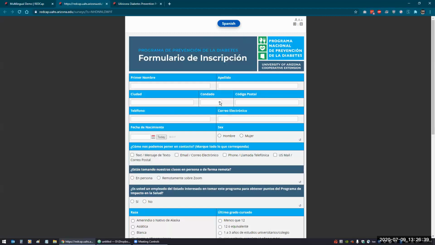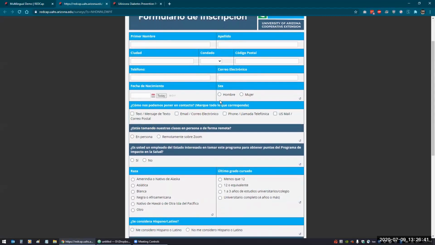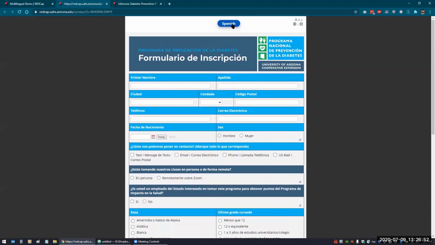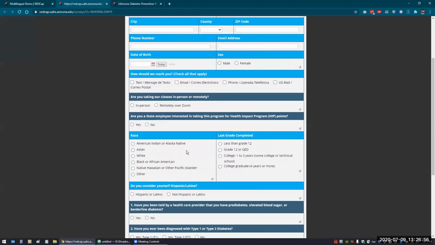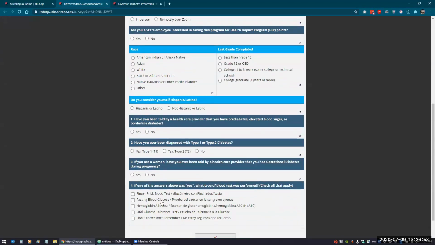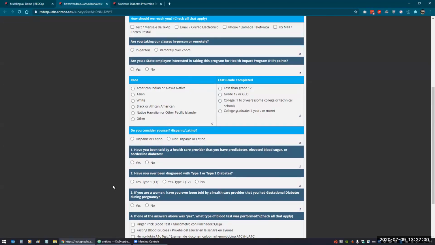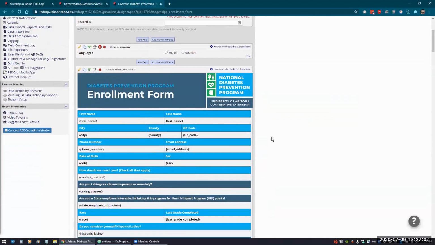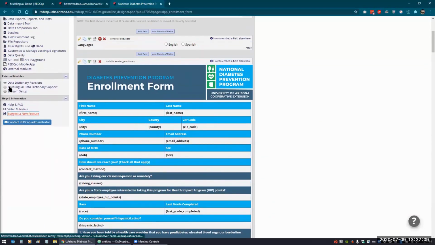And you'll see here that the radio buttons change, but the checkboxes, the way I got around it is I just have the Spanish showing all the time. So if I go back to English and go back to Spanish, you'll see that those checkbox values don't change. Same down here. So let me show you what I did. I used what's called the REDCap